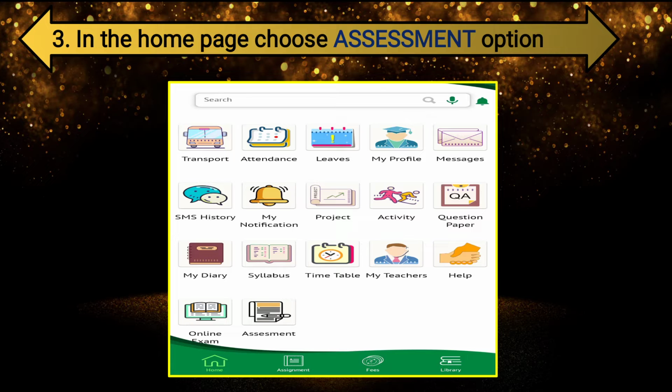On that page, at the bottom, you will see the assessment option. See the arrow mark showing the assessment option. So you have to tap on the assessment option, not on online exam. So tap on the assessment option shown by the arrow mark.